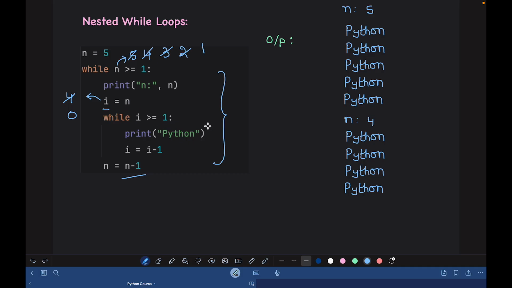So this loop will be executed only once, which means Python will be printed only once. And at the end of the iteration, n value becomes n minus 1, which means n will become 0, right? So when n becomes 0, this condition will be false, and so Python will come out of the while loop. That's what happens. So the output of this program will be, first it prints n:5, and then it prints Python